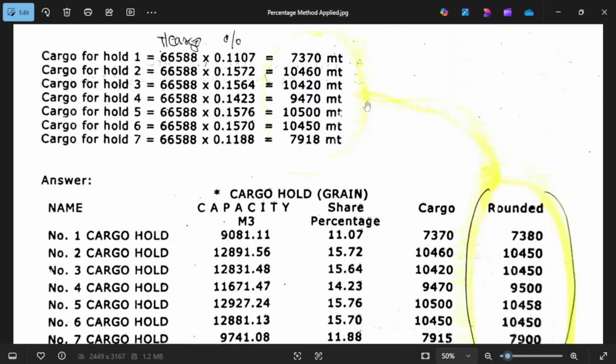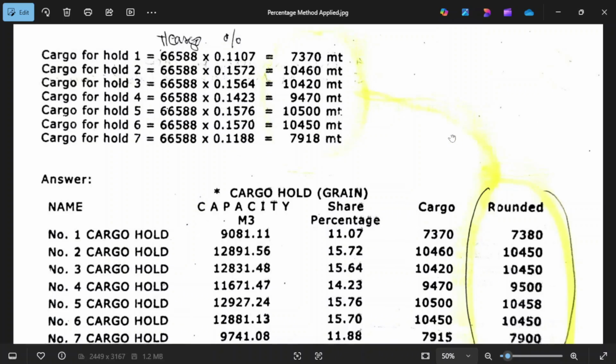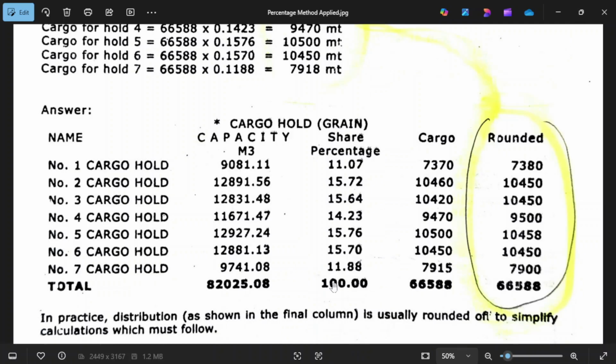So once you have your total, you have your cargo in each hold, and you run it up and apply this value in your loadicator. Then you adjust your cargoes in each hold in the loadicator so that you can have a minimum shearing force and bending moments and a good draft and trim. Adjust also your cargo depending on your trim, or if you want it even keel.